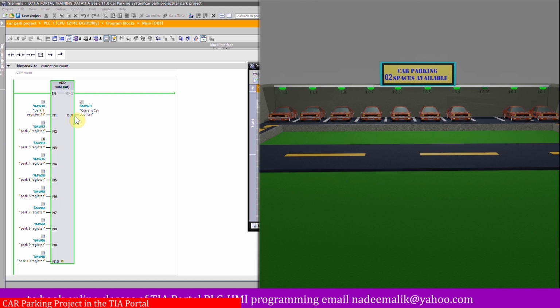So this is how we can make a program to keep track of the parking lot, and I hope you